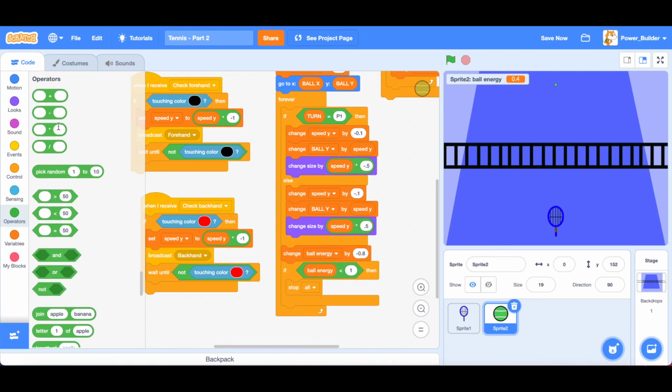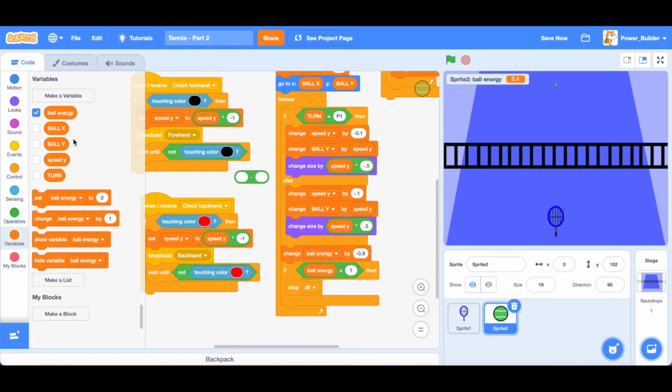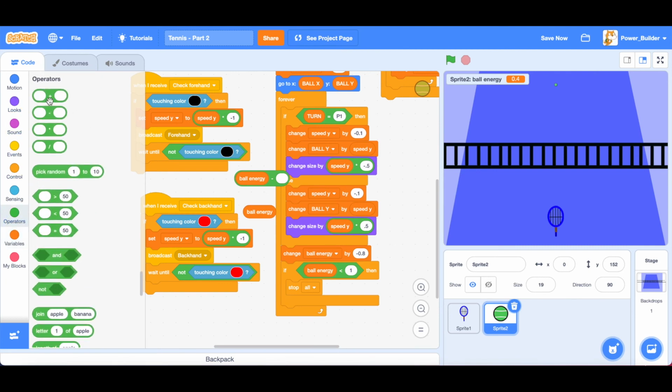And instead of negative 0.8, let's do ball energy minus... actually, yeah, find this, ball energy plus 10.